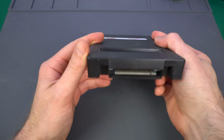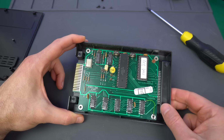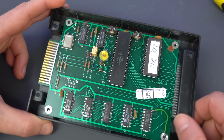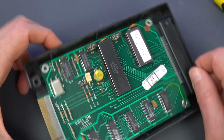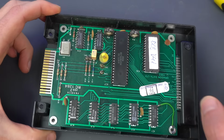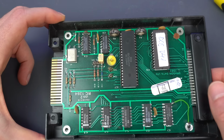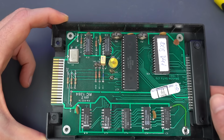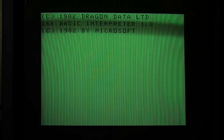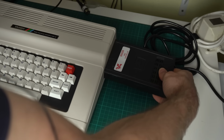I have a Dragon disk controller that plugs in the cartridge slot. So yeah, this is pretty much all it is. We have the drive controller, which is a 2797, and we have the ROM itself, which is labeled as DOS V41, and the rest is just some binding glue. Interestingly, it has some adjustable resistors. I don't know what that's for, but it looks very straightforward. And when you connect it to a Dragon, you see a message at startup recognizing the new ROM. But when you plug it into the CoCo, you get...